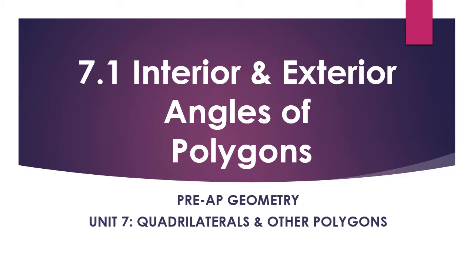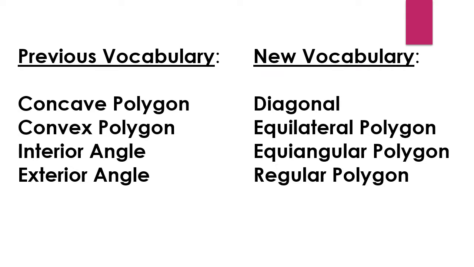Today we'll be talking about the interior and exterior angles of polygons. Vocabulary you should know coming into this lesson would be the difference between a concave and a convex polygon and determining which angles are interior and which angles are exterior. In this lesson, you'll learn what a diagonal is, the difference between an equilateral and equiangular polygon, and the definition